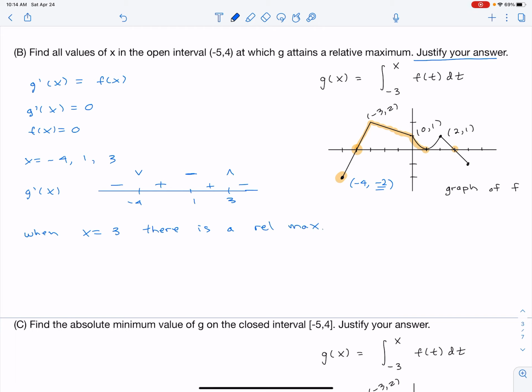Now, how did we know that? You can't just say, well, I looked at my sign chart. No. What was it about the sign chart that you looked at specifically, right? What you specifically looked at is the fact that to the left of 3, the derivative was positive, and to the right of 3, the derivative was negative. So I will say, let's see. When I want to put this into something that makes sense: when x equals 3, there is a relative maximum because,